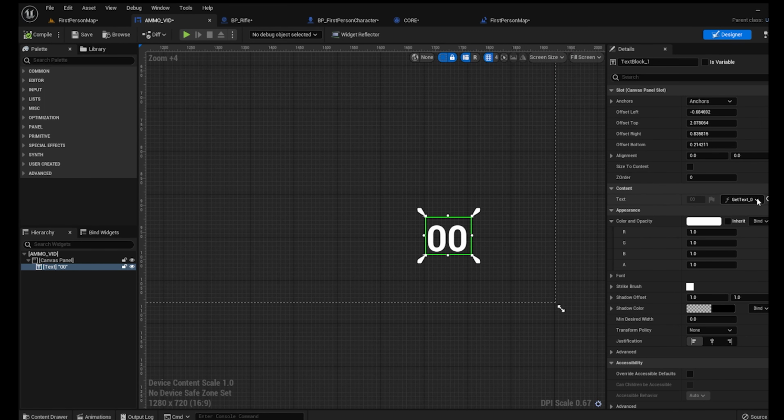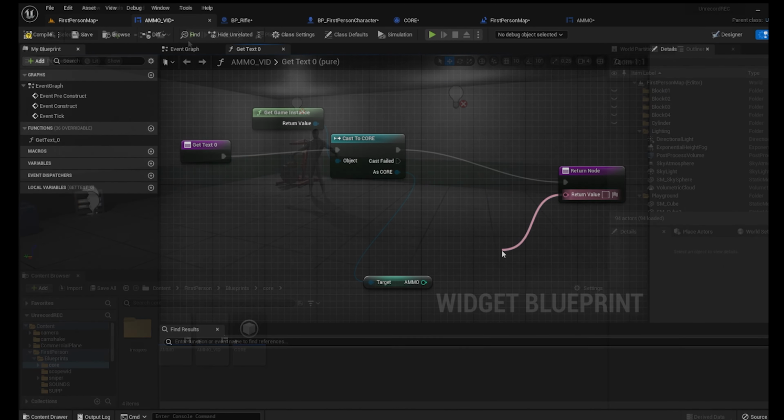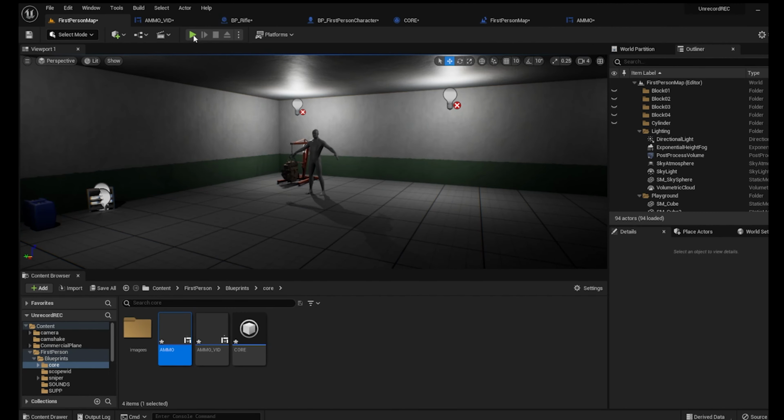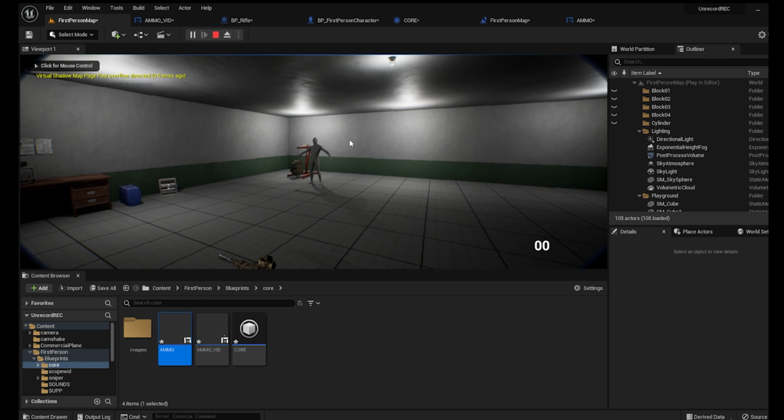and I think there's a problem on the binding, so we can format text, and the format text is creating a variable inside the text. So basically we can write ammo, then space, then these curly brackets, I don't know what they're called, and then we need to easily, just like that. I think it should